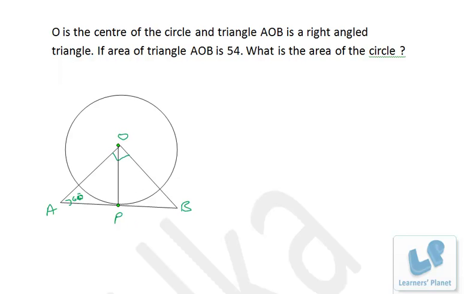Okay. Now since AB is tangent to this circle, OP will definitely be perpendicular to that. Now I assume the radius of this circle to be r. AP is suppose x and PB is suppose y. Now see, the relationship between this and this, that is perpendicular and base, is given by tan theta. And here theta is 60 degree. Now tan 60 degree is root 3. So root 3 is equal to r by x, perpendicular by base.